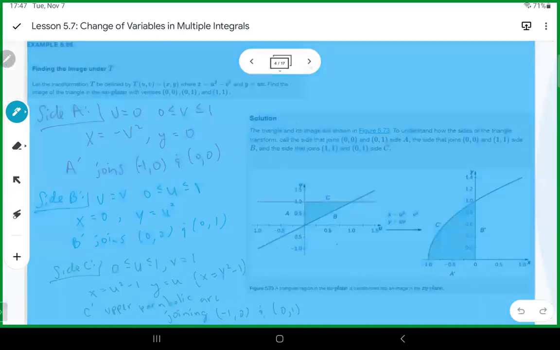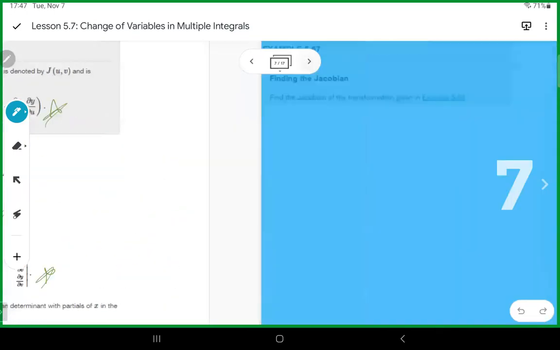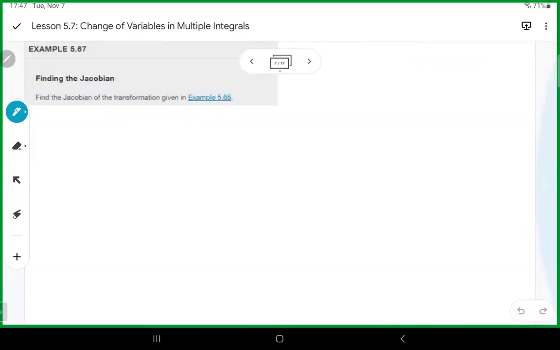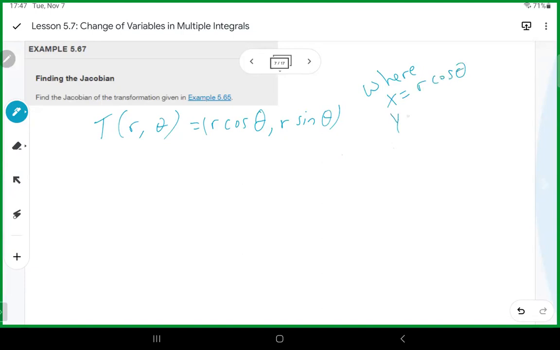The transformation in the example is T(R, theta) equals (R cosine theta, R sine theta), where x equals R cosine theta and y equals R sine theta. So the Jacobian is